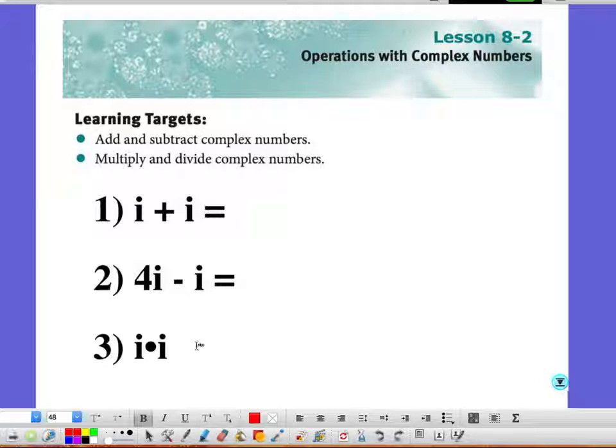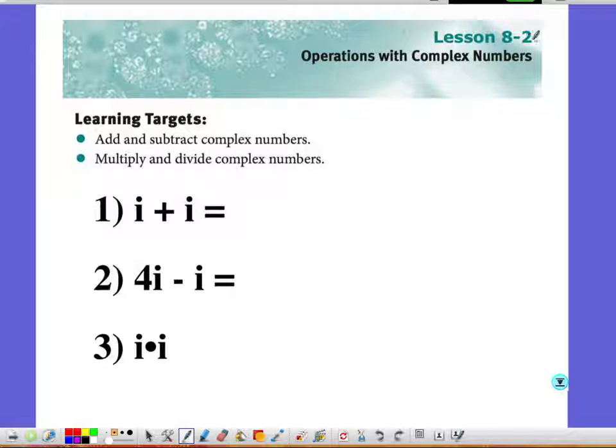Hello, this video is on lesson 8-2 where we talk about operations with complex numbers, and it begins on page 126. Learning targets here are to add and subtract, multiply and divide complex numbers. Okay,